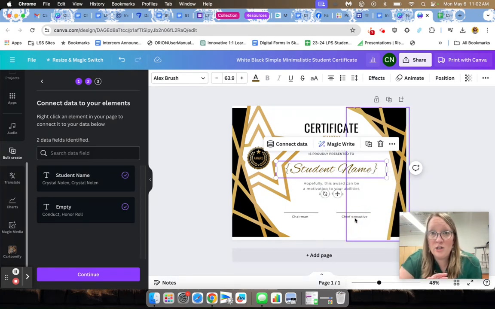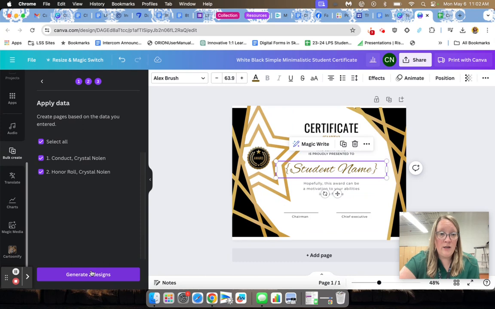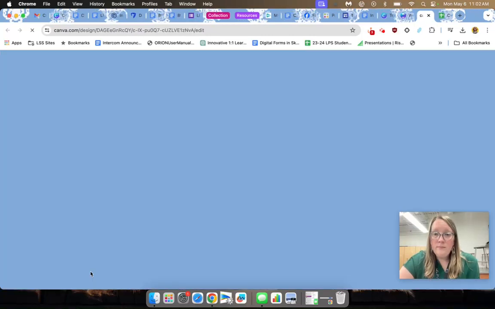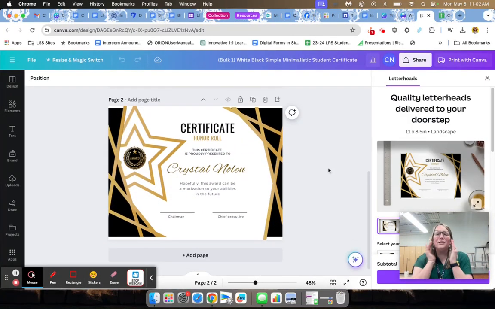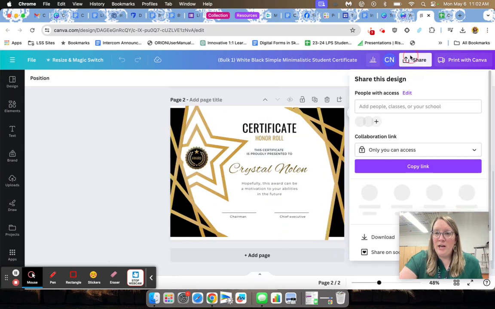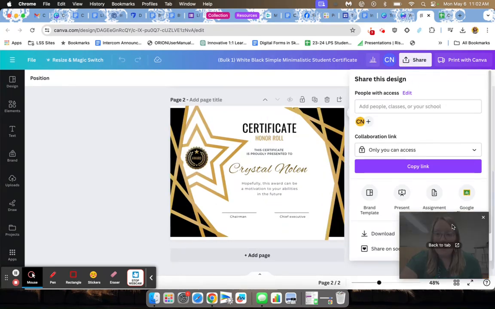And here's where the magic happens. I'm going to click Continue, and I can see all of those right there. I can preview them. And once I click Generate Designs, it creates the awards for me. Can you imagine the time that you're going to save creating certificates at end of the year awards by doing this? My next step to print them to where they look really nice is I'll click Share, and I actually